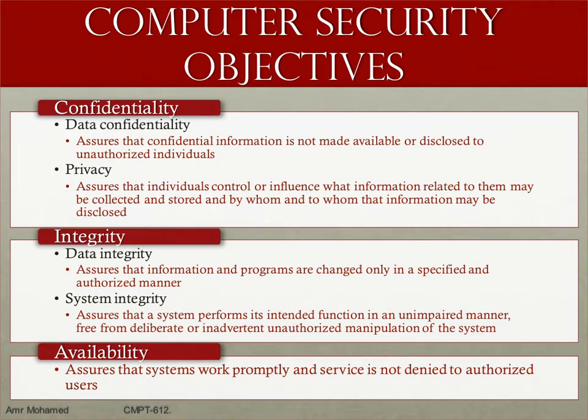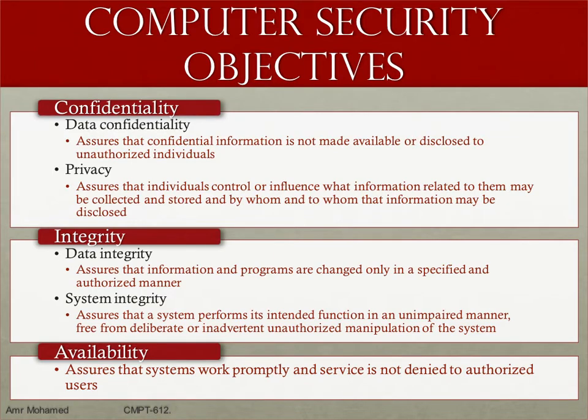So when it comes to integrity, we don't distinguish it by being normal data or the identity of a person. We don't distinguish it this way. By integrity here, we need data integrity, which includes all types of data, including person identity, and system integrity. System integrity here means that the system performs its intended function in an unimpaired way. For example,